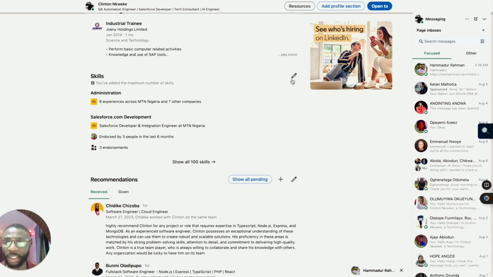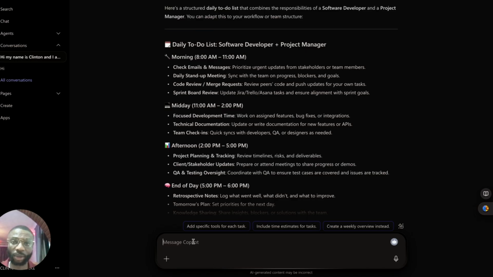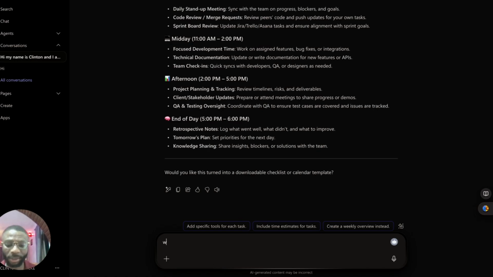Then in this section, you can include all your skill sets. This is the section for skill sets. You can have over 100 skill sets. If you have skill sets covering administration, that's very relevant to your field, so make sure you include those skill sets. To understand the skill sets that are relevant to your field, I can go to Microsoft, I can go to this AI, and write: write me top 10 skill sets